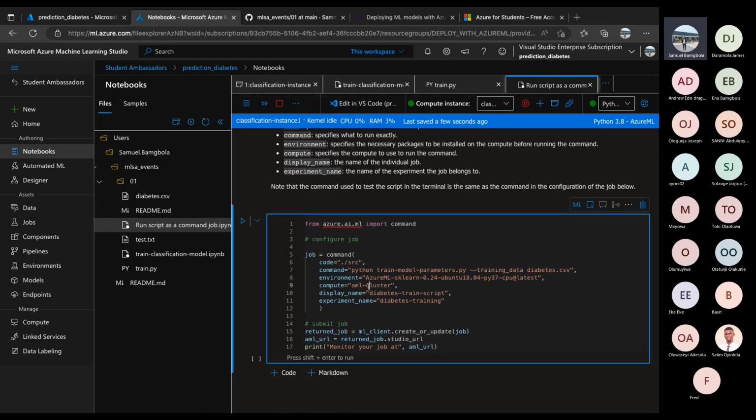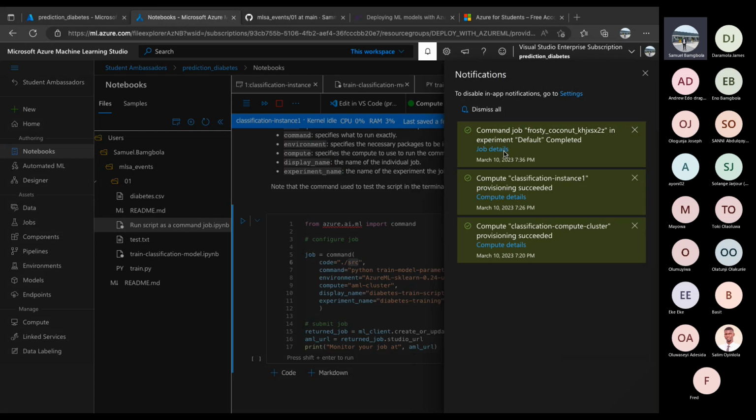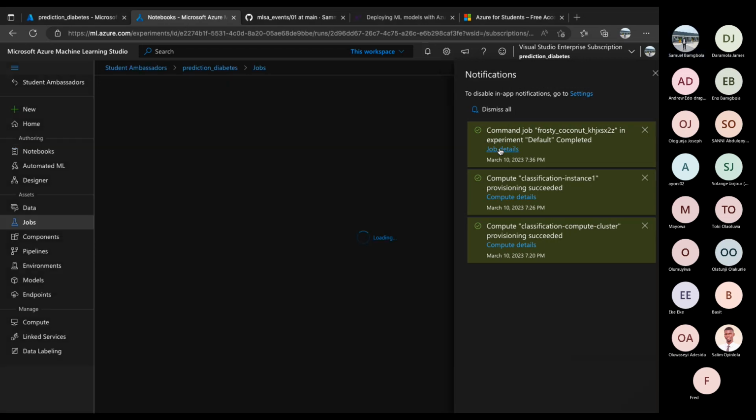You can see that this here refers to a cluster, so we would just rename it to the name of the cluster we gave, which was classification compute cluster, instead of AML cluster here. And for the name of the script, we have train.py here, the directory and all that. You run this code and it does the same thing as we just did in the terminal, which trained the model. So let's go now to the job that we just created with